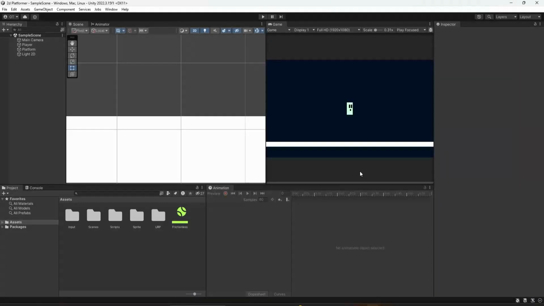Welcome to class. In the last lecture, we talked about ground check, for you to make your player check the ground and to know exactly if your player is on the ground. And we use the function of below for that. Today, we are also going to be talking about